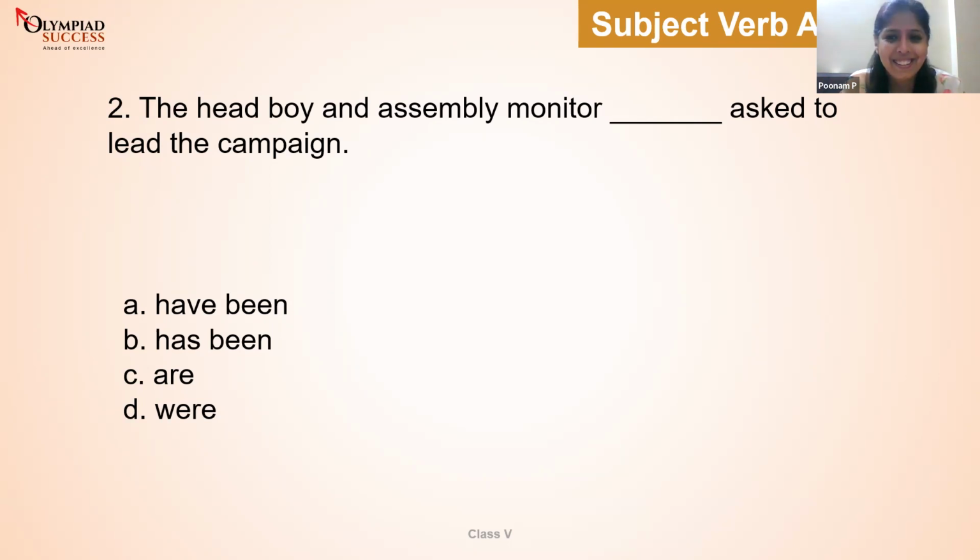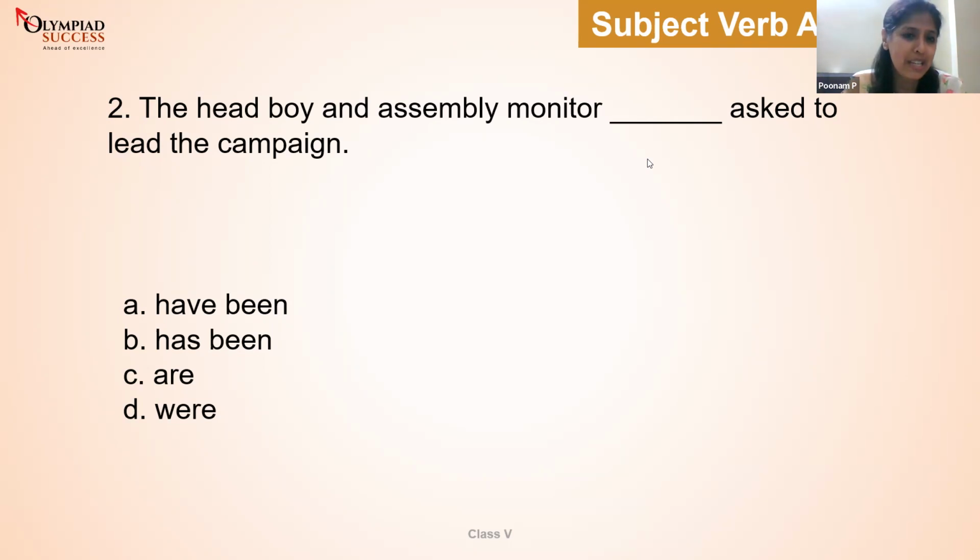Pubali Roy. Samreen, can you please, okay, you've told me, but what about Pubali Roy Chaudhary? I'm waiting. Indicating the same person, Samreen and Pubali Roy. Of course, as far as I know, if there are others, then kudos to all those who got the right answer, is that they are referring to only one person, the head boy and assembly monitor. One person can hold 2 ranks for sure.